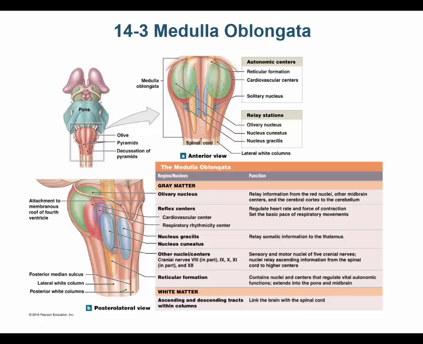If you look over here, you have the olivary nucleus right here. The olivary nucleus is a relay station from the red nucleus to other parts of the brain and from the cerebral cortex to the cerebellum. The red nucleus is red because it's very vascular and it has some ferritin and hemoglobin in it, so it's red. So if the olivary nucleus is a relay to the red nucleus,